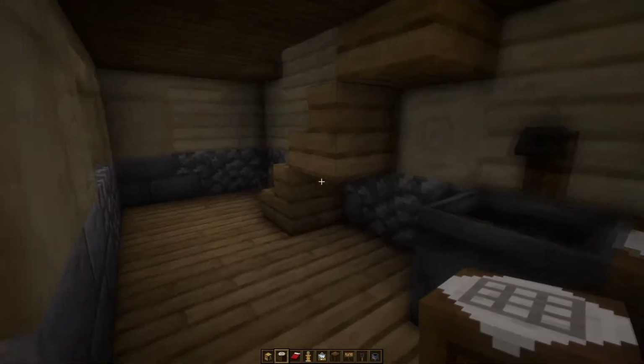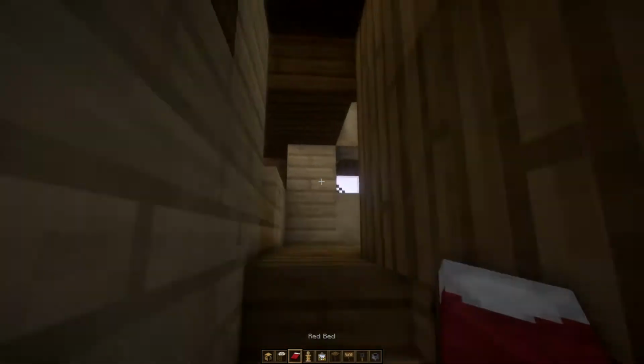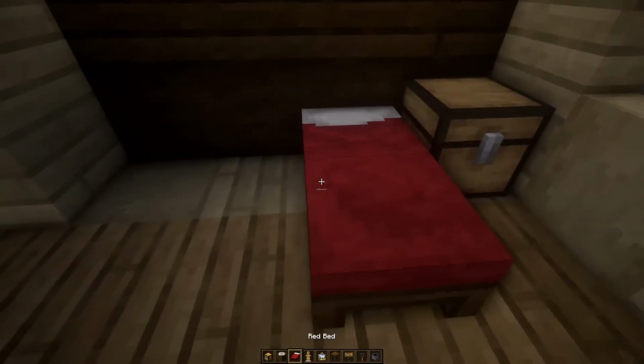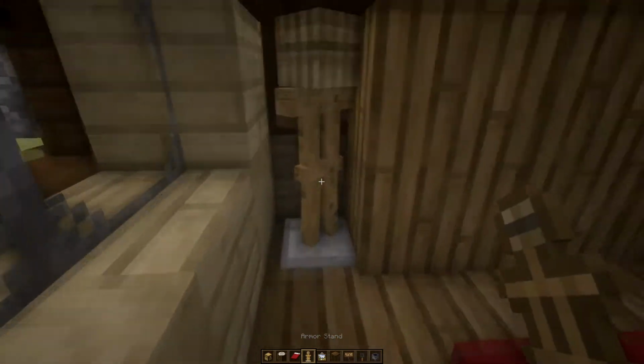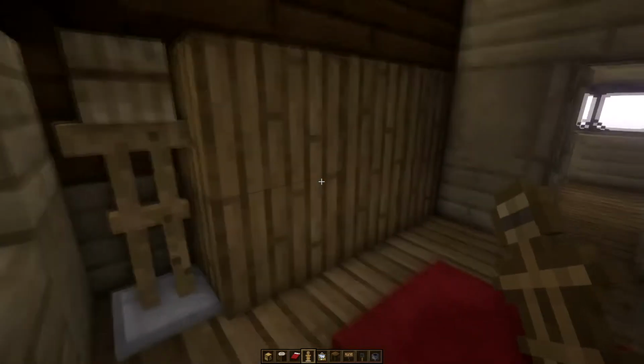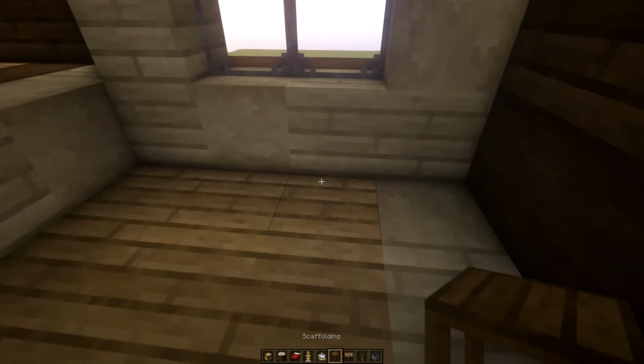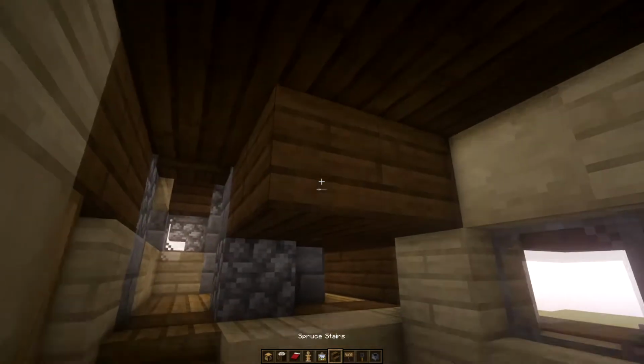You can come over here and add a table. You can go upstairs. You can add a bed over here on this side, maybe right there, with maybe a chest somewhere like here. And you can put maybe an armor stand right here in this spot to kind of give it a nice little look. You can add a table here. You can grab some,